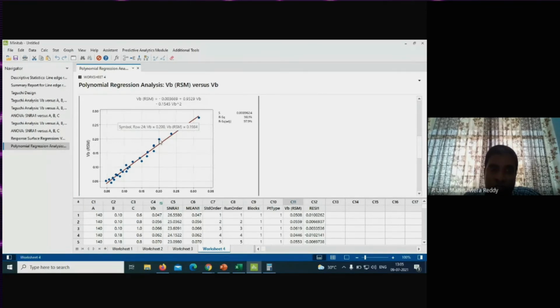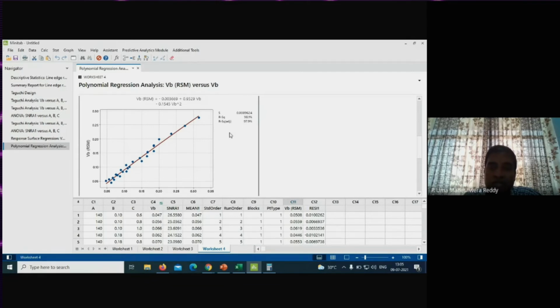Its VB experimental value is 0.2, and the prediction value is 0.1984. So you see the difference. The average difference, if you average it, is what you see as S, the average dispersion. And its R square value is 98.1%. So this is how we do regression for the data.